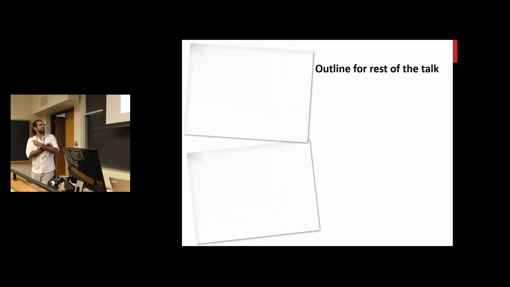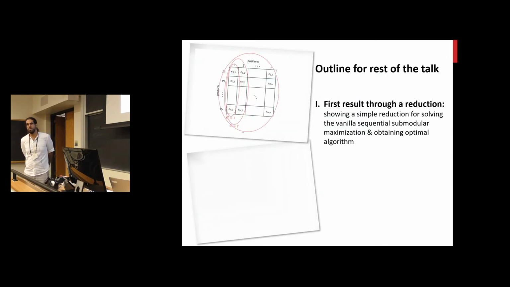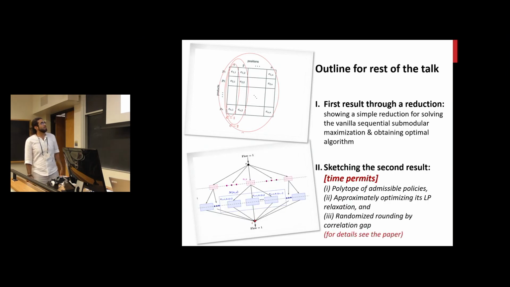So in the remaining part of the talk, I'm going to first show you the simple result. These are actually quite simple. It is a very basic reduction to set submodular maximization subject to matroid with a bunch of additional techniques on top of that. And then if time permits, I'm going to show you how to obtain the second result, which